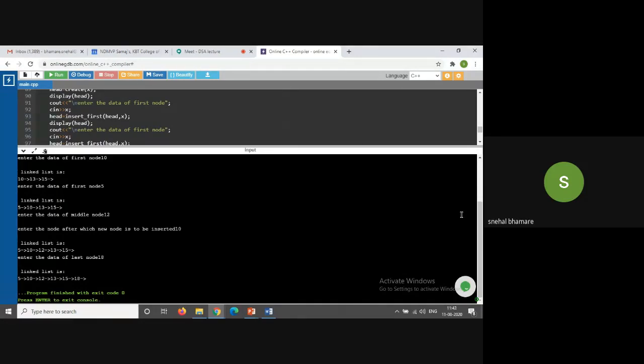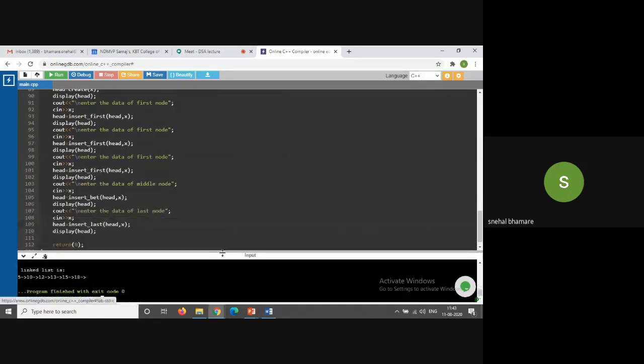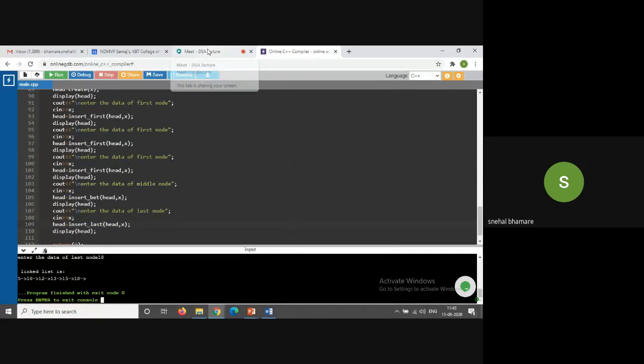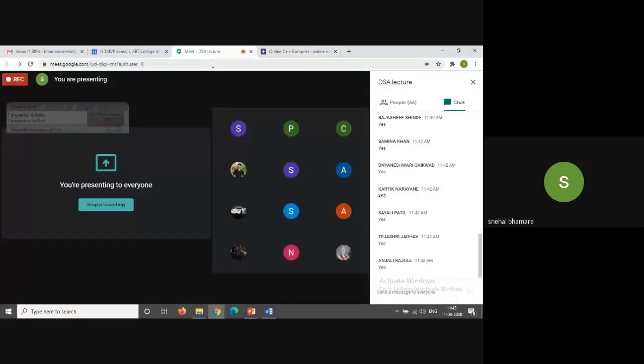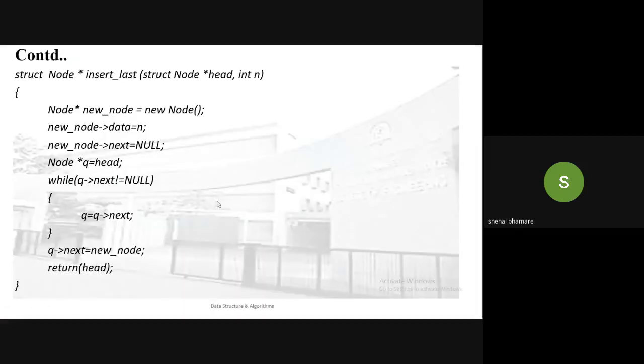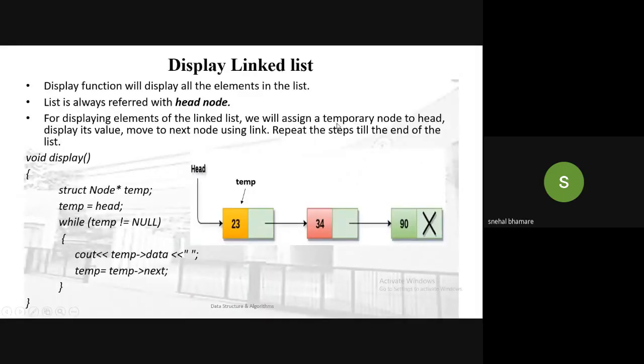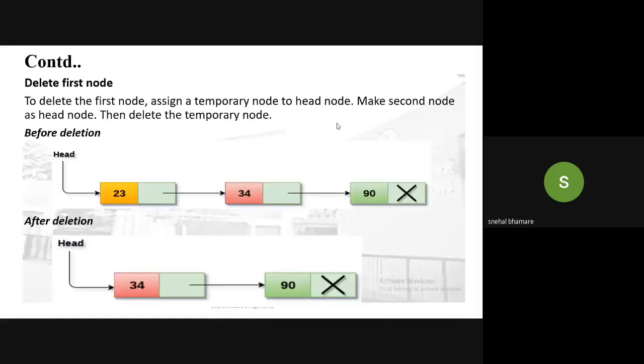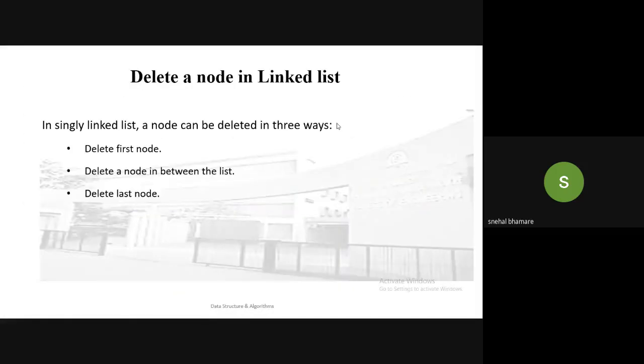We are using the same code that I have given in the PPTs, and I'm going to share that code with you. You have to study and execute it by yourself, guys. If you are facing problems with that, then you can contact me at any time. But you have to start doing the programming at your own end. Okay. Now we will go to the next part. The next part was the displaying function. We have already seen this display function. Now we will see the deletion of the node. I have already explained the concept on the board.